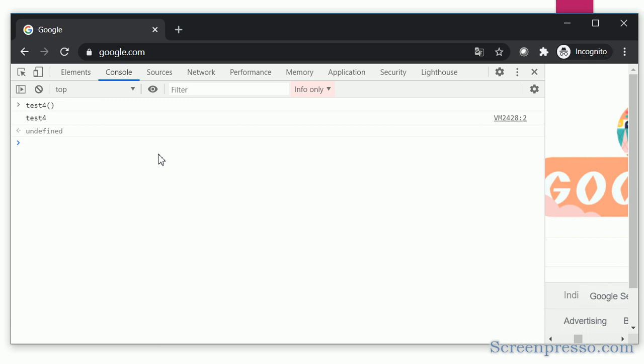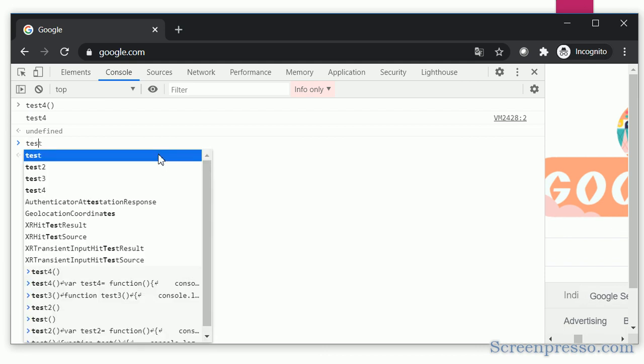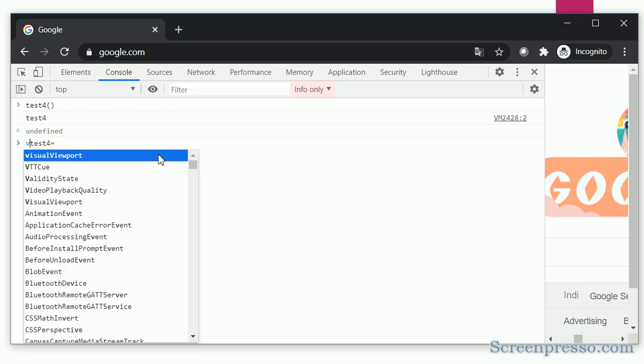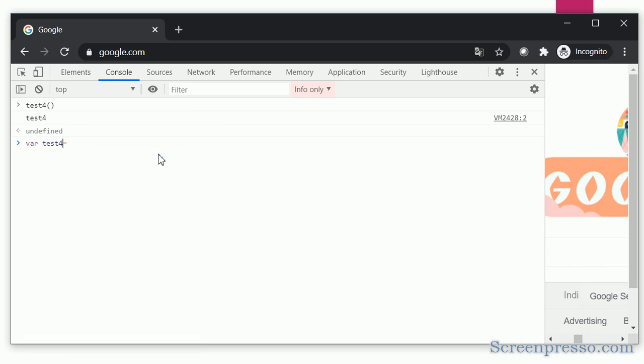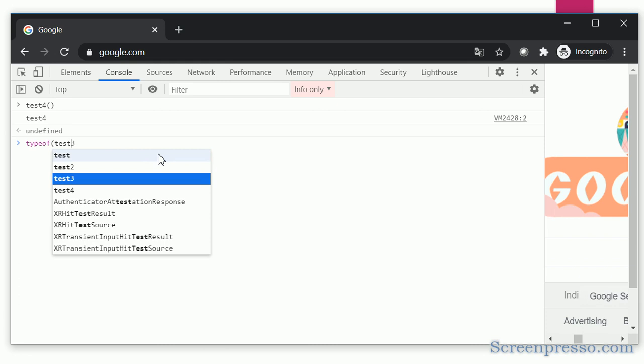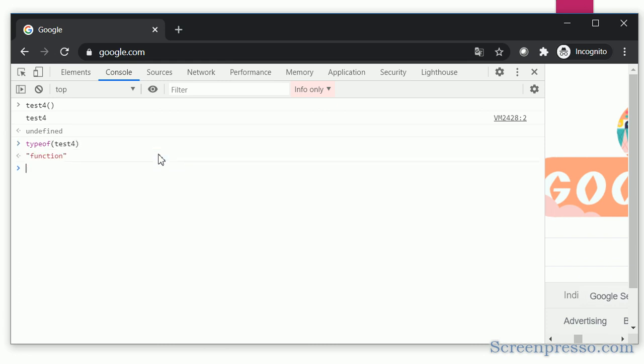Now I am assigning test4 equal to, maybe I can assign var. I am declaring one more variable var 4. I am assigning 2. Before this I will show you one more type of this variable, test4, function.